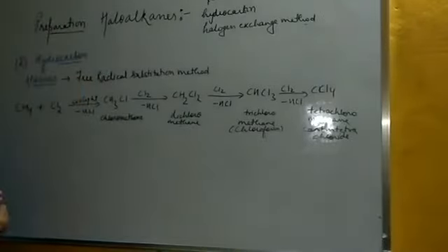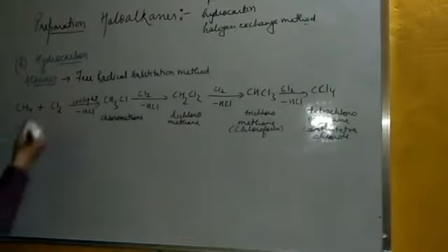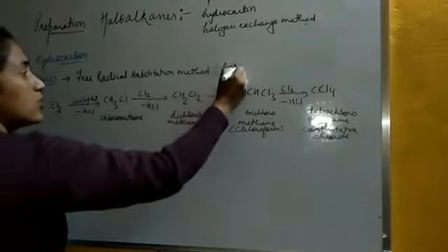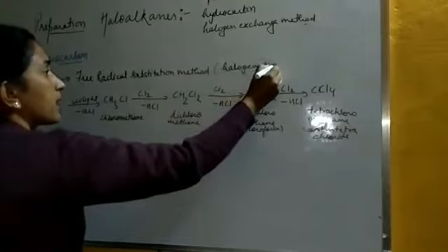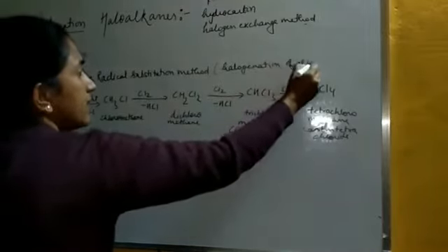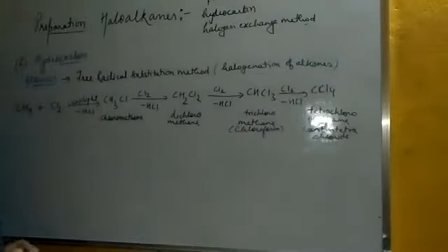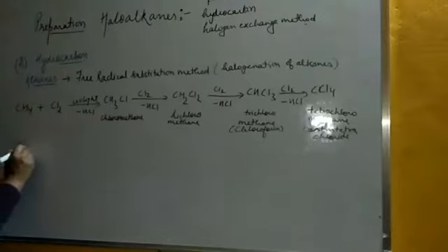Right, but this method, that is from the halogenation of alkane, this is alkane, that is the halogenation of alkane. This method, student, is not preferred. As I said, if there will be a very slight difference in the boiling point of the mixture of the halides which are being formed, it will become very difficult to get them separated, right? So instead of that, we will prefer to prepare the haloalkanes from alkenes, right?